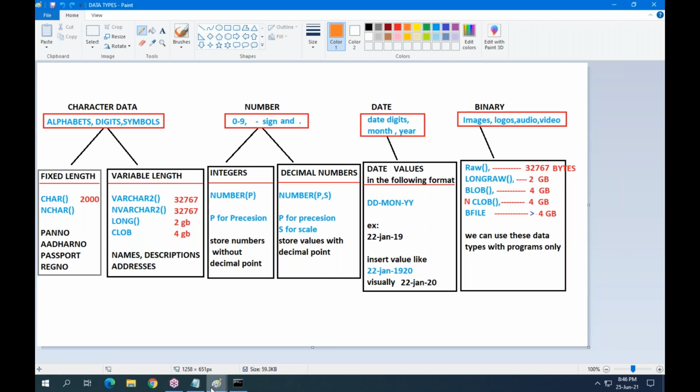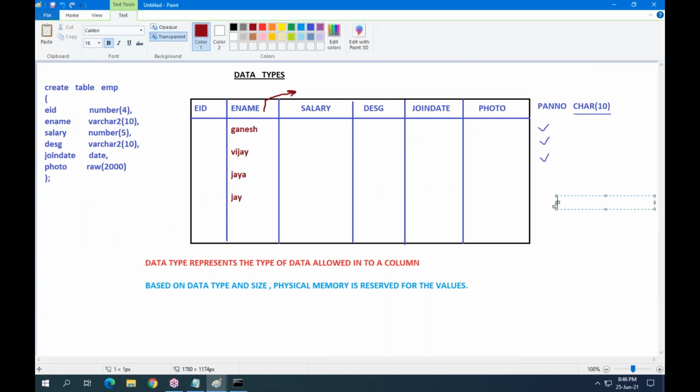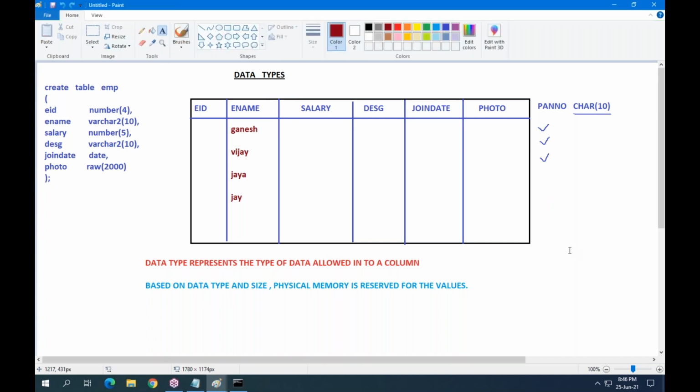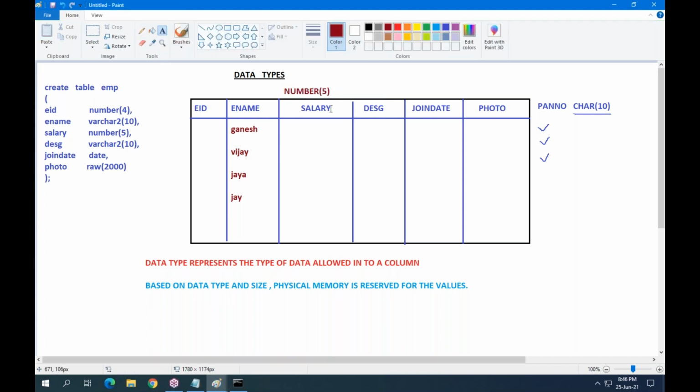So don't confuse. Here I am explaining. Say salary. For the salary column, I am using the data type number(5).